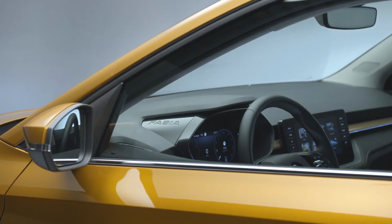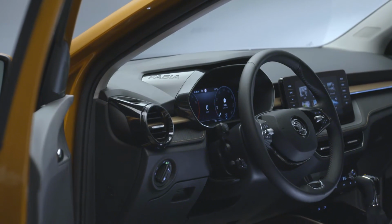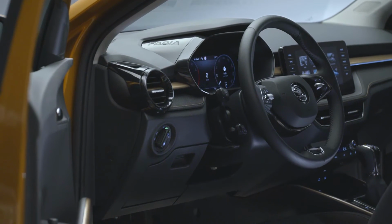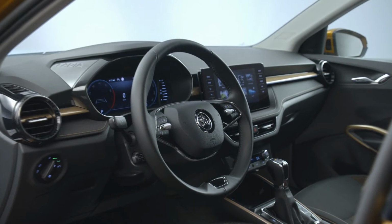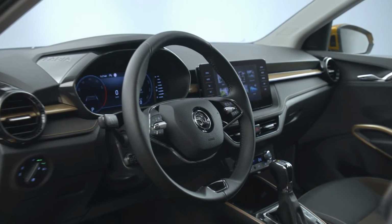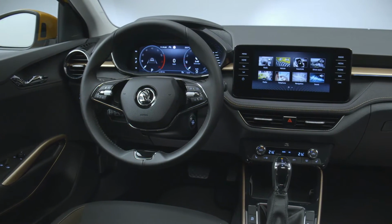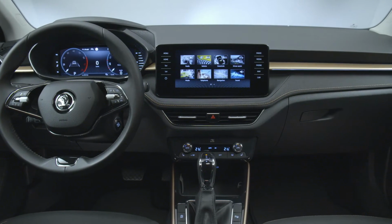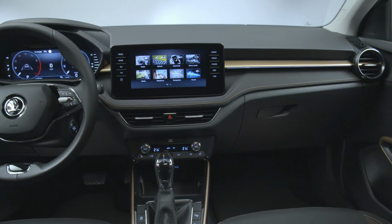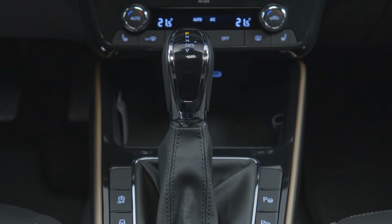Kate, what about if we would look into the car? Yes, please, Peter. First thing you see is this beautiful cockpit, which is democratic, very symmetric, and built around the middle freestanding infotainment screen. The car has for the first time a virtual cockpit. The interior has a typical ŠKODA DNA. The typical ŠKODA line, which is for the first time in this category of car built as well from textile. Yes, exactly. Same as we presented in Octavia and also in Enyaq, we are bringing into the Fabia